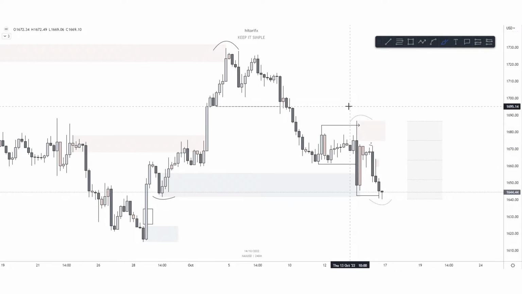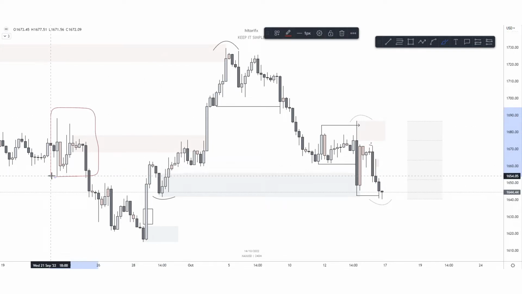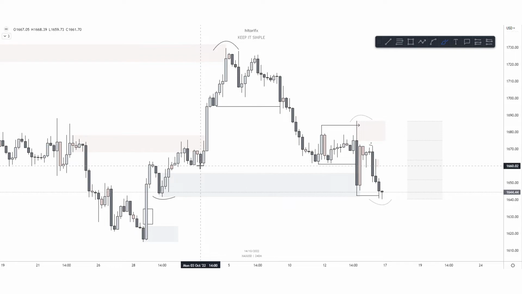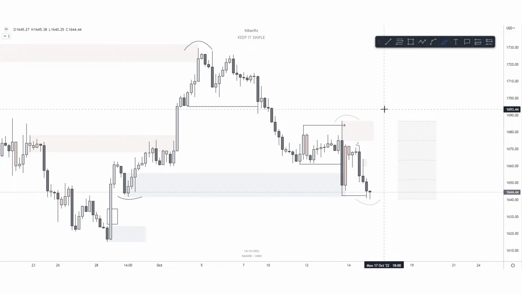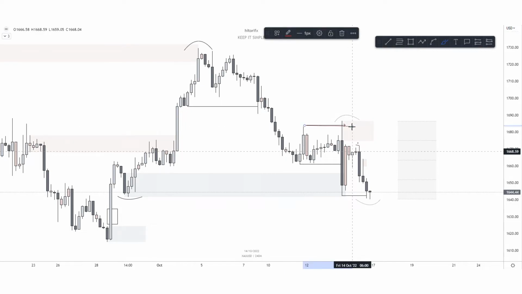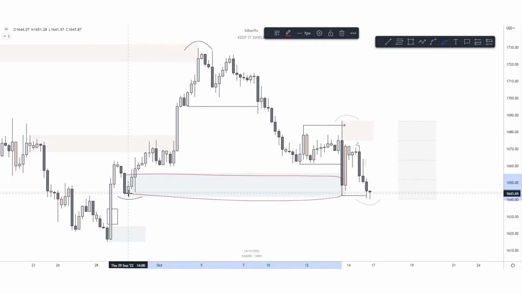So currently we are respecting a H4 demand zone right here, this engulf candle, which is actually a reaction to this larger range. Price kind of showed reactions to this zone as well, but then they ultimately failed. I'm pretty sure this was news. So yeah, either way, we swept this structure point up top, and then we broke this to come into here, which we are not currently showing respect.